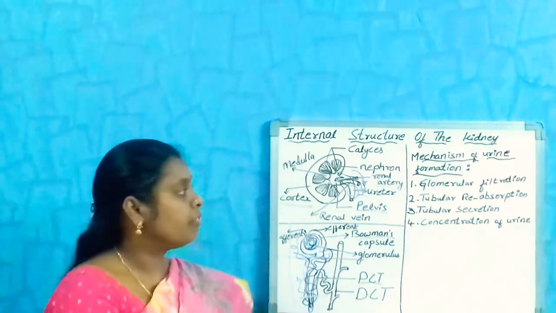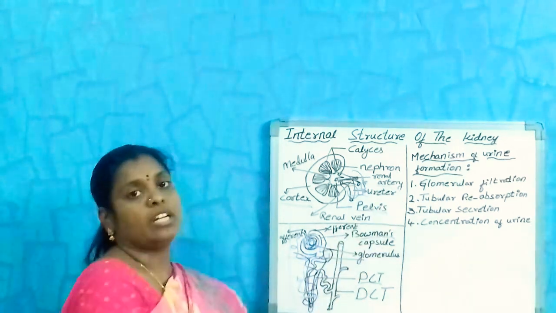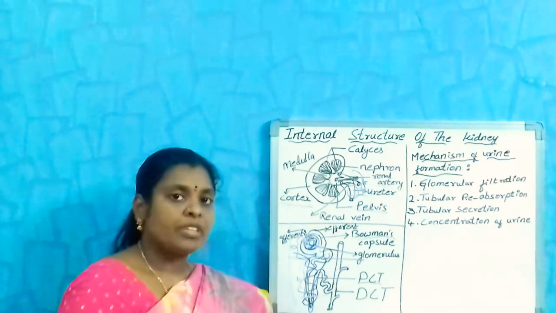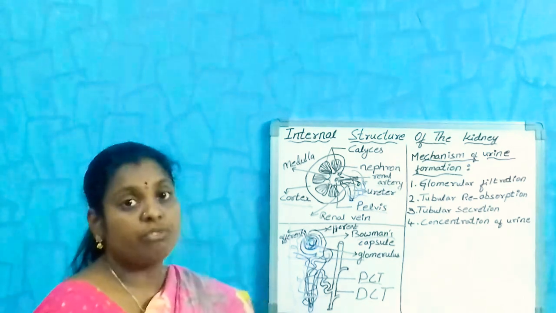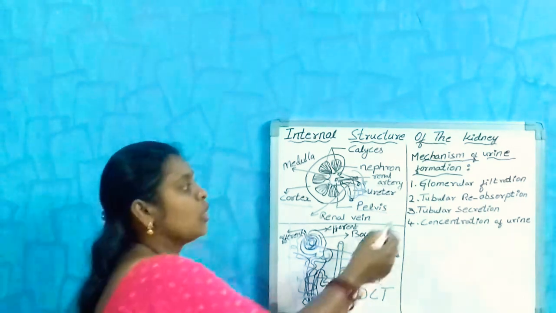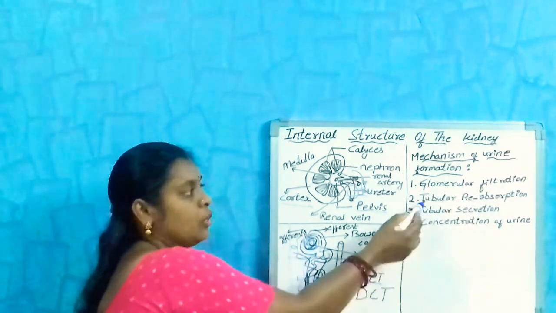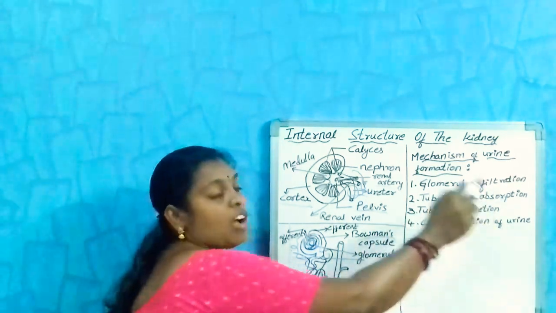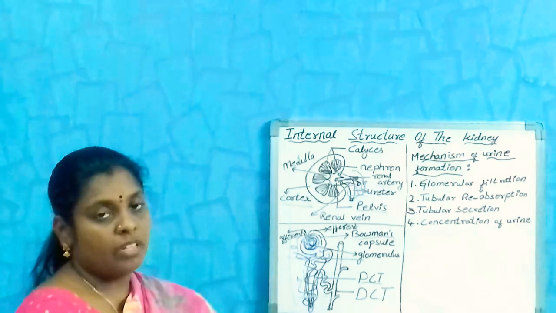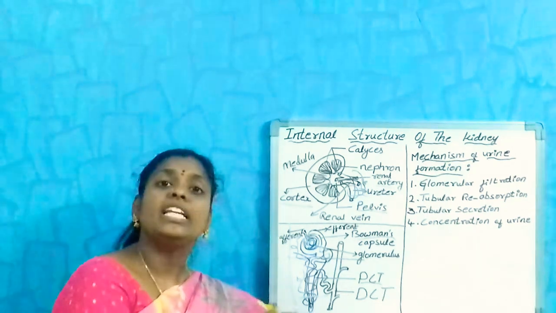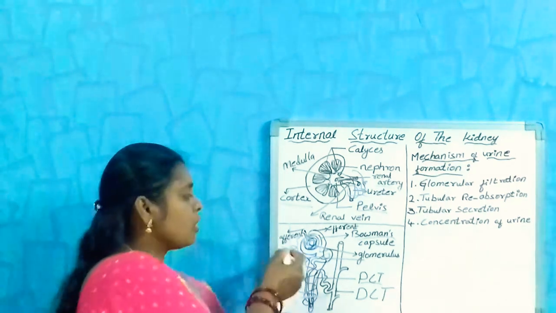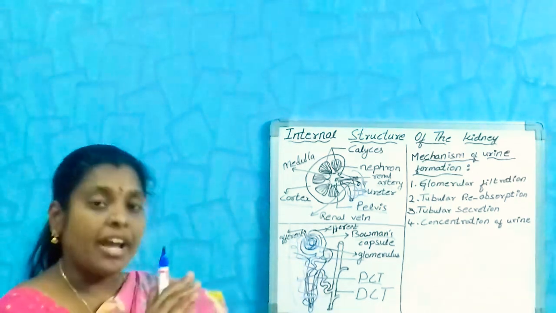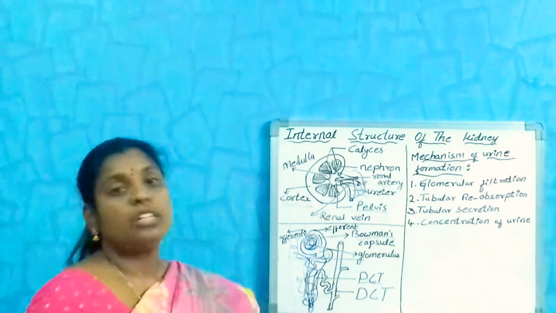The mechanism of urine formation, that is nothing but filtration of blood, takes place in four steps. That is glomerular filtration, tubular reabsorption, tubular secretion and concentration of urine. So it won't take place in a single step. If you observe here, in the Malpighian tubules, the solid particles are separated and the liquid part is absorbed into the